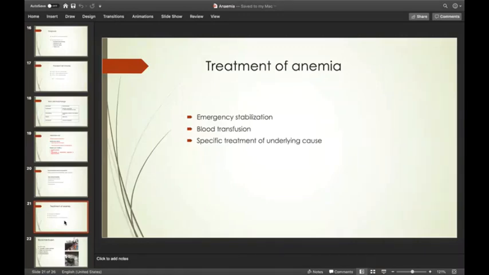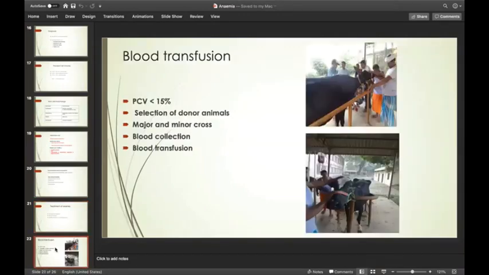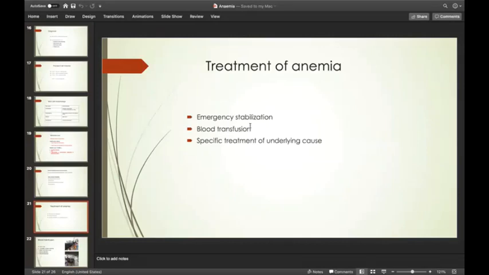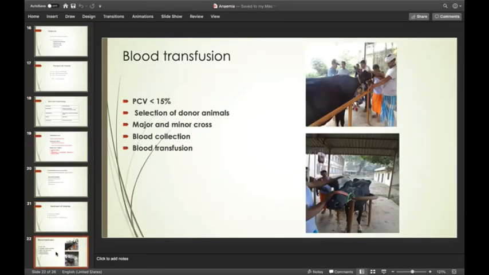Coming to the last slide, in another class I'm discussing blood transfusion separately, because this is in your course. I will discuss broadly in the next class how, why and where we will go for blood transfusion, what the indications and contraindications are. Just for treatment here, I am giving the example of blood transfusion. Initially you have to stabilize the patient. We have to decide for blood transfusion, and then we go for specific treatment. In case of blood transfusion, we have to take care of the donor and recipient animals, and the amount of blood to be